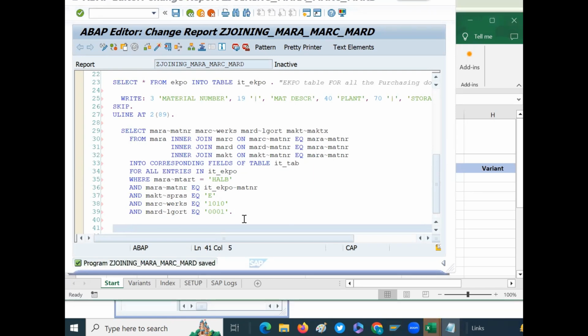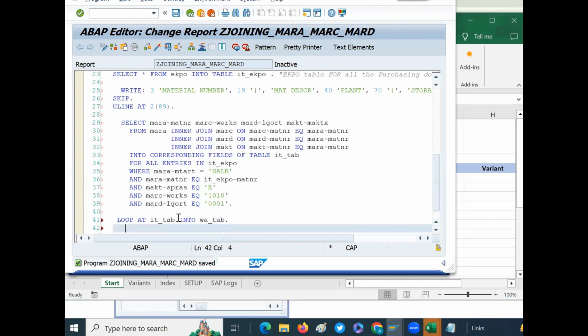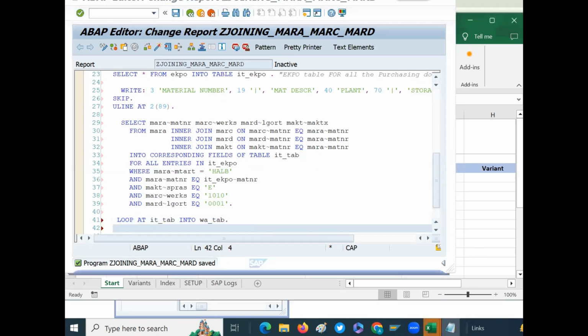The LOOP and ENDLOOP is a nice facility in ABAP. As in other languages like VBA, we have a do-while loop, right? So this is LOOP AT all the entries. Since this is all going to the ITAB, the ITAB will go into the work area one by one. Each time one record will go into the work area, and that is going to be processed. It can be any process, maybe certain calculations, but we have no calculation; we are just writing. So let's write